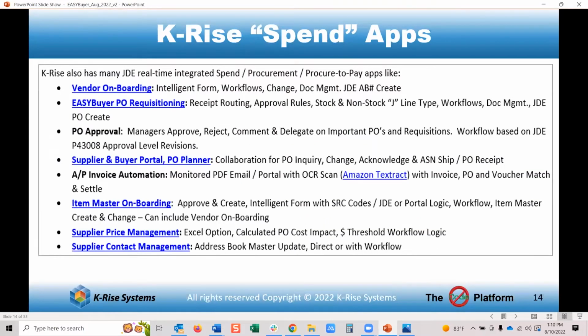Now, with the procurement side, the second bullet item there is what we're going to be covering today, EASYBuyer PO requisitioning. We have many apps, and they could be bought standalone. They can be bought integrated all together if you'd like, so it flows, starting with vendor onboarding.